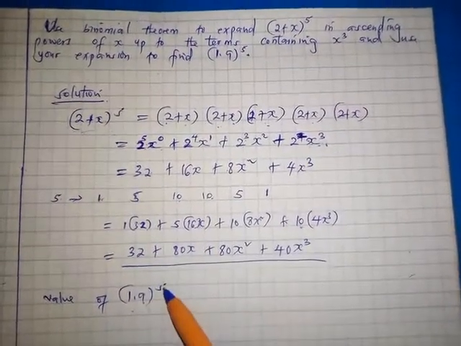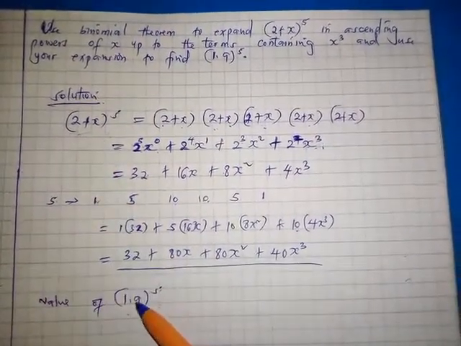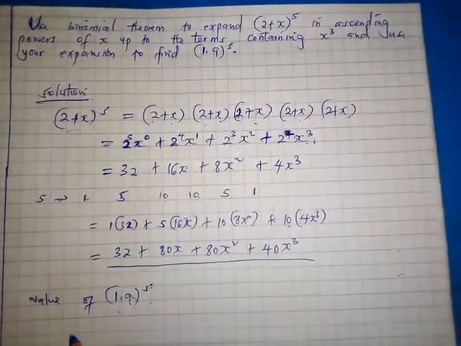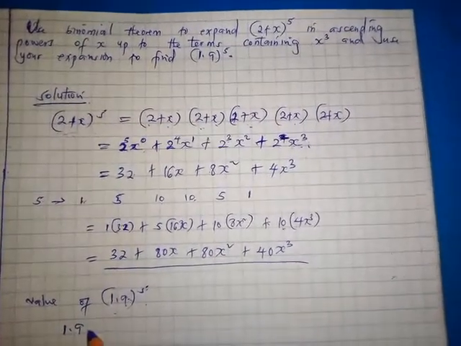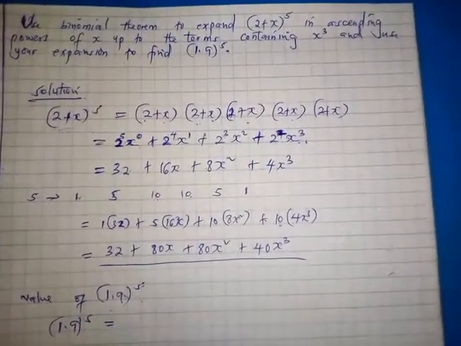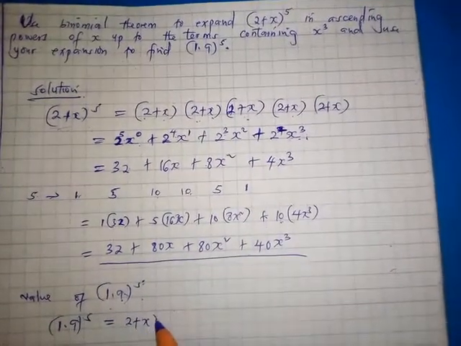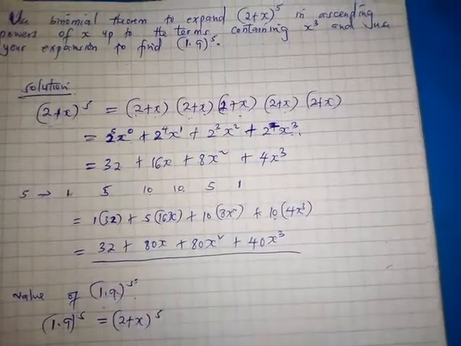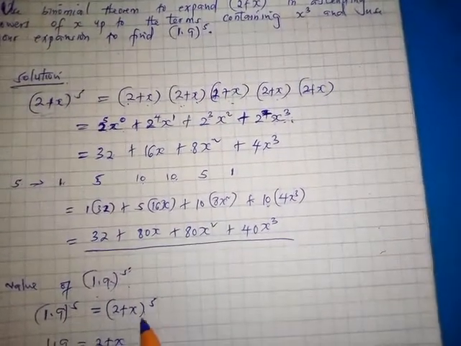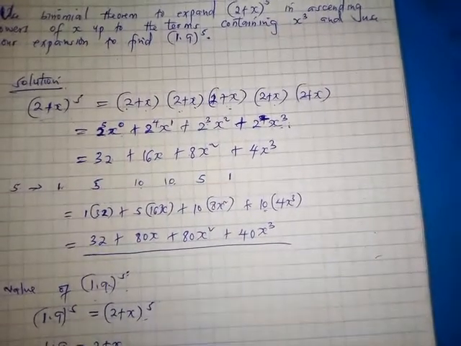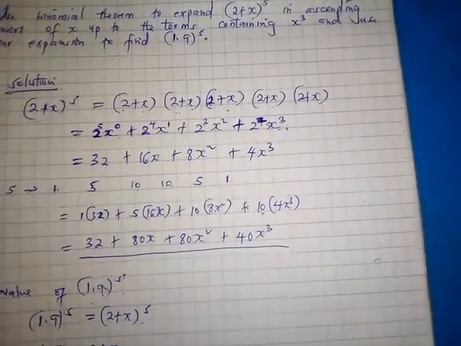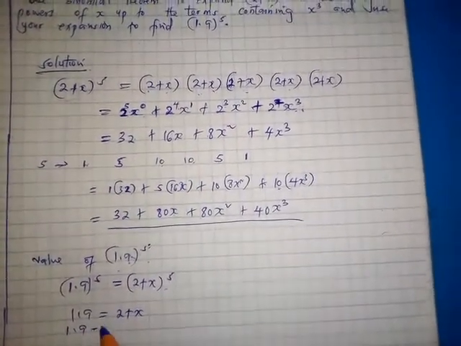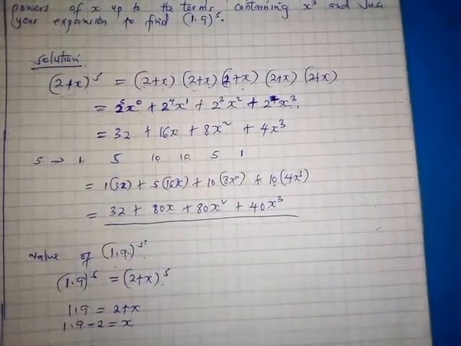We equate 1.9 to 2 + x. To find x, 1.9 minus 2, as 2 crosses the equal sign it becomes minus, equals x, so that our x is